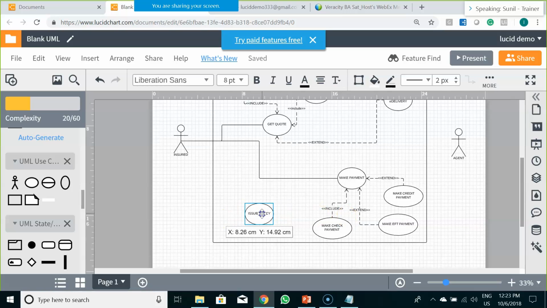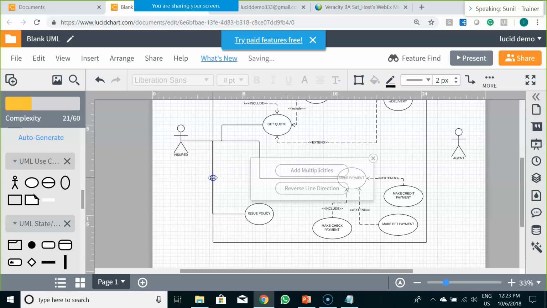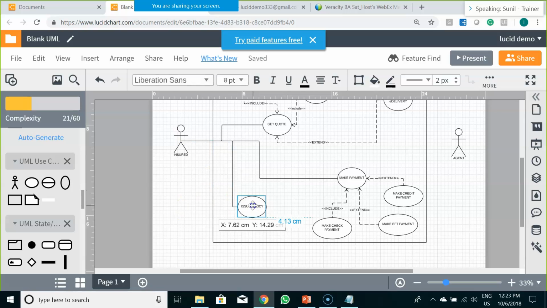Then comes your issue policy. So issue policy would be having a relationship with this particular actor. Now when you are issuing a particular policy, you are essentially delivering the policy documents.